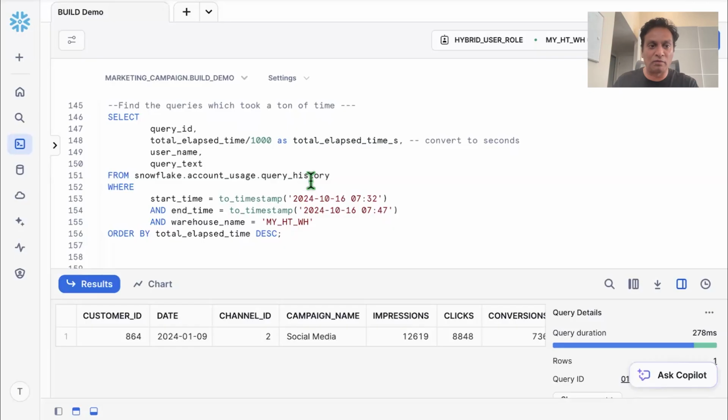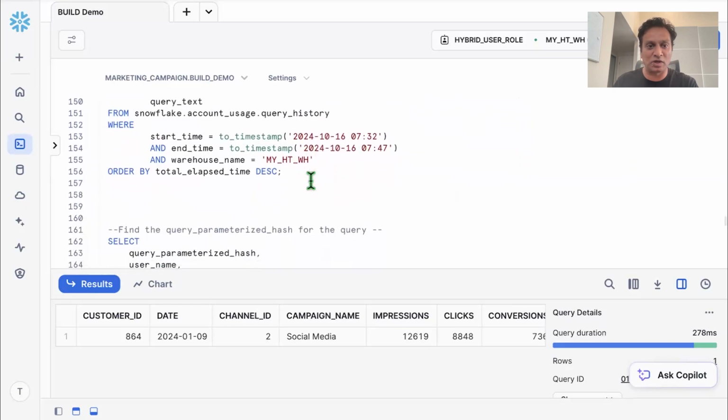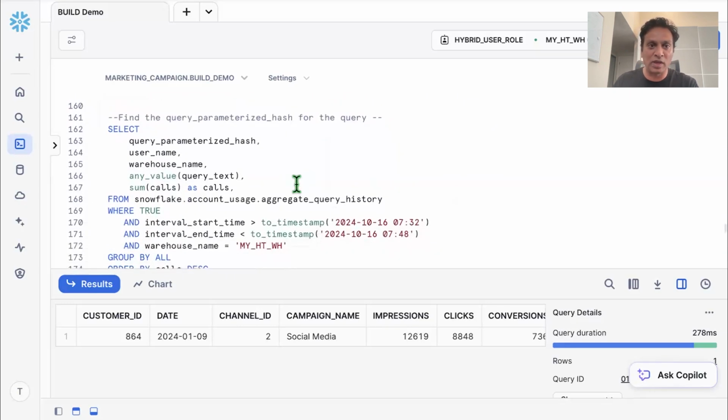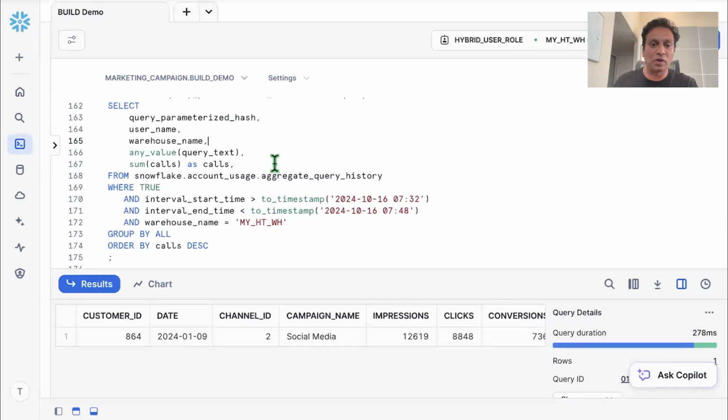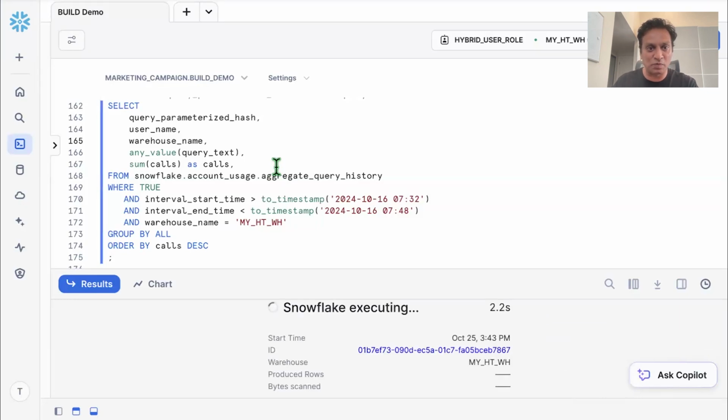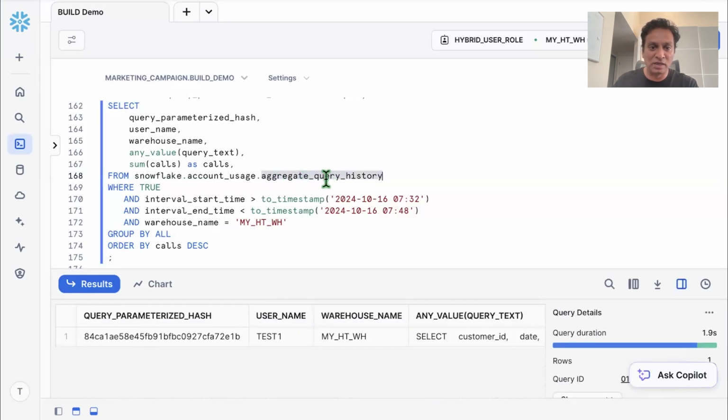So I am going to show you how to look for those queries, how to look for the server-side metrics on how this test is being executed. Since I executed this test a while ago, instead of waiting for the test to complete, let me execute a query to find the query parameterized hash in the aggregate query history view. I'm going to execute this query on the aggregate query history view, which basically gives you a query parameterized hash, which you see down below,